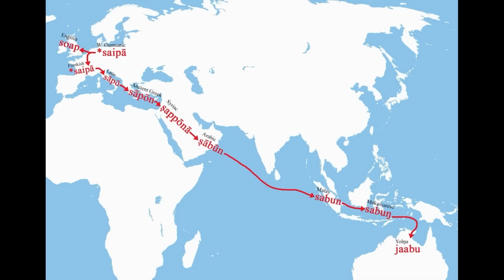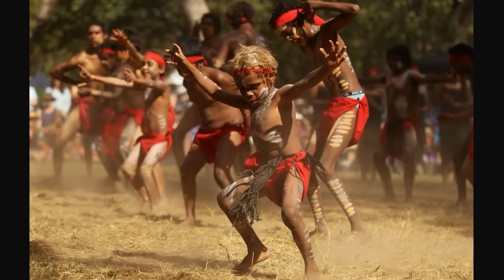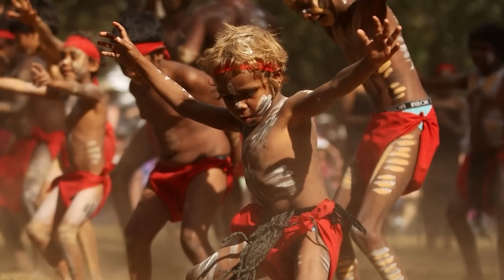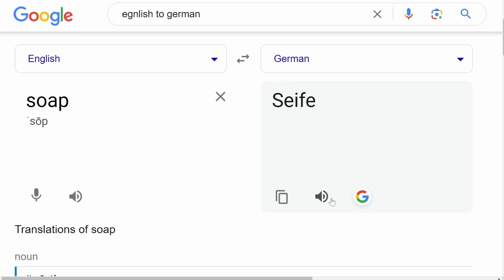How the Germanic word for soap reached Aboriginal Australia. Wait, what? This must have blown those first colonists' minds. Imagine sailing halfway across the world to find out that people still use basically the same word for soap. So in Germany, it's this word. Well, actually, it's this: Seife. But back in the day, it was the other one.